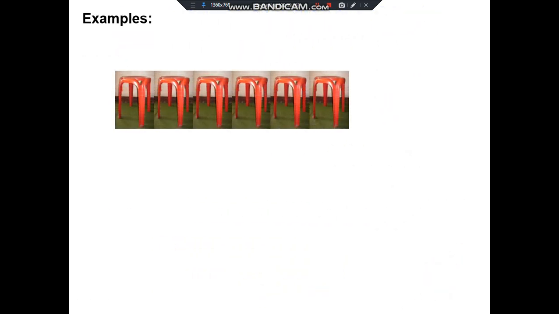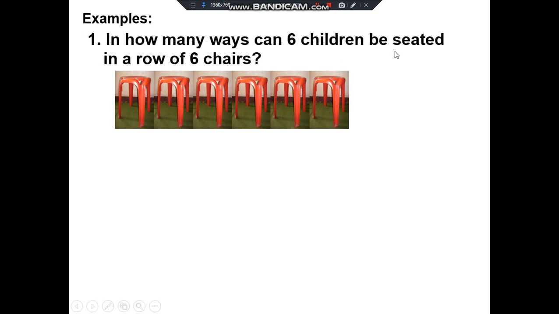Let us have an example for that one. Suppose we have 6 children with 6 chairs. In how many ways can 6 children be seated in a row of 6 chairs? So 6 children will sit on 6 chairs. We are going to arrange them one at a time. We will have 6 taken all at a